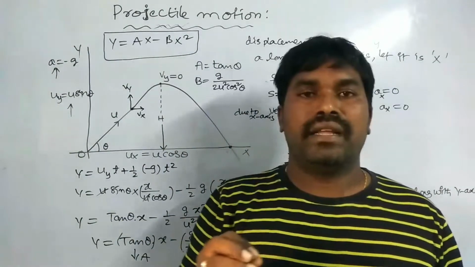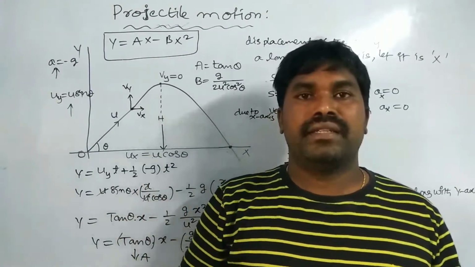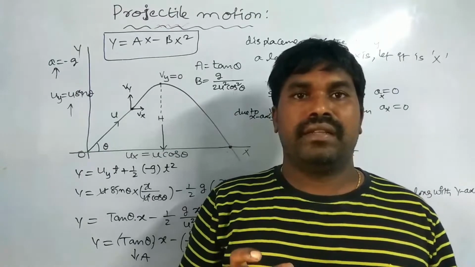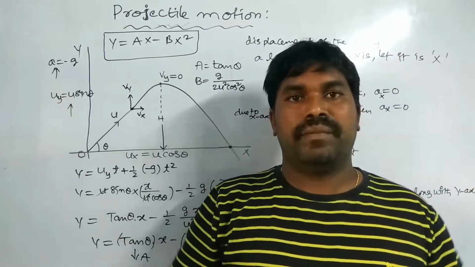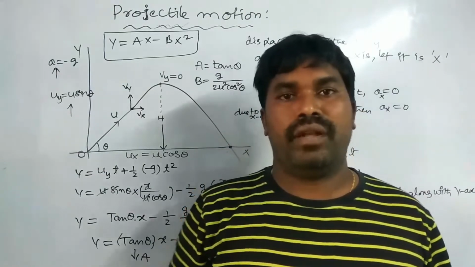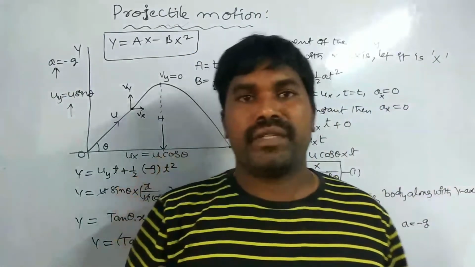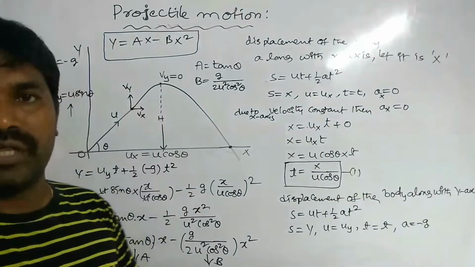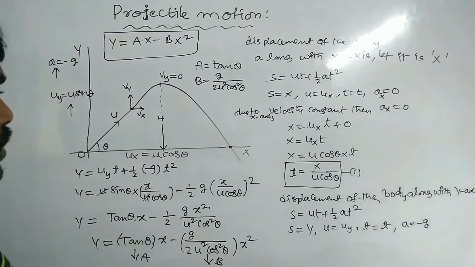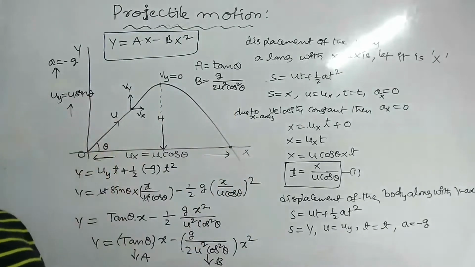What is a projectile? A body which is thrown at an angle other than 90 degrees, near the surface of the earth, is said to be a projectile. The path followed by the body is called the path of the projectile. The path of the projectile is always a parabola. Okay, so this is the information about projectile motion. Let us see the time of ascent, time of descent, and also the maximum height reached by the object in the projectile, the time of flight, and the range which the body reaches at the ground point. So we have to see so many variables in this projectile motion.